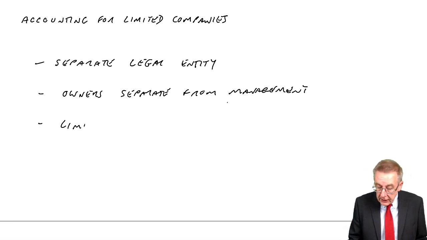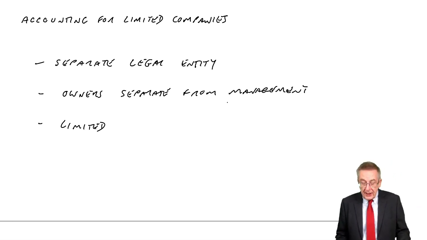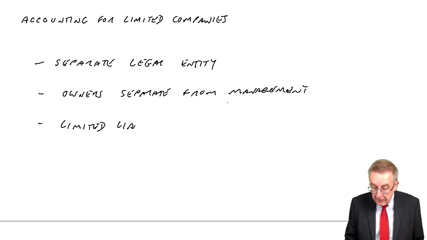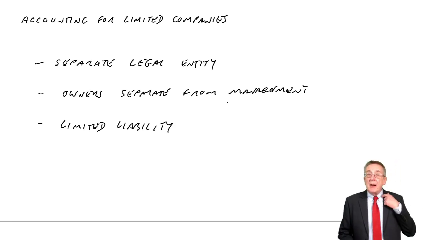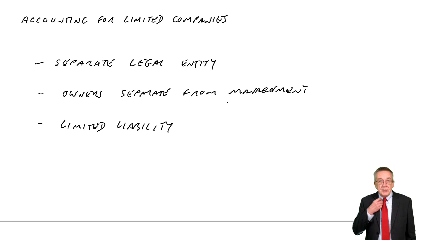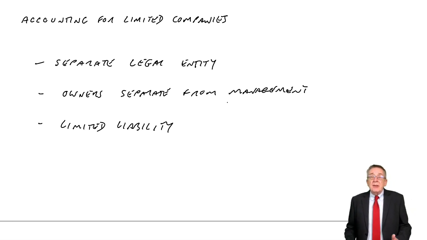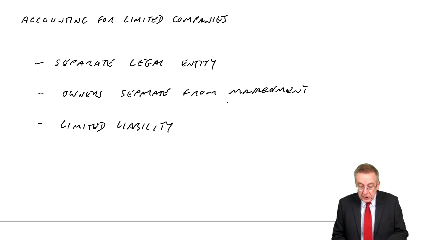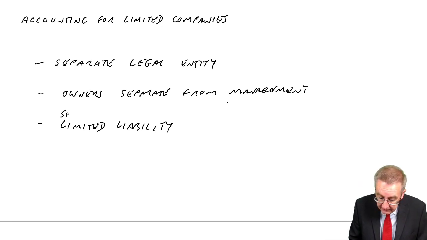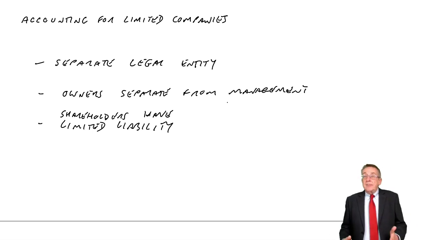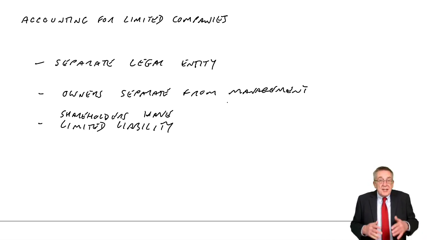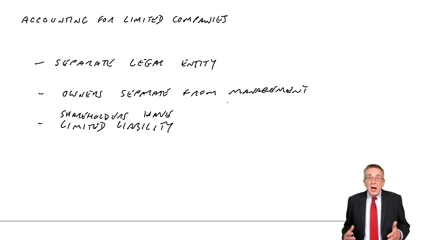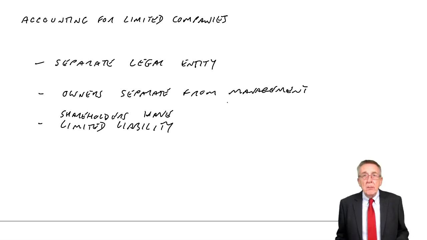The third thing I mentioned in one of the very first lectures, this business of limited liability. We talk about limited companies, but the limit we're talking about is the shareholders. The shareholders have limited liability. The liability of the company itself is unlimited. If the company owes money, obviously they've got to pay the money. But what we're talking about is if the company goes bankrupt, if it collapses,